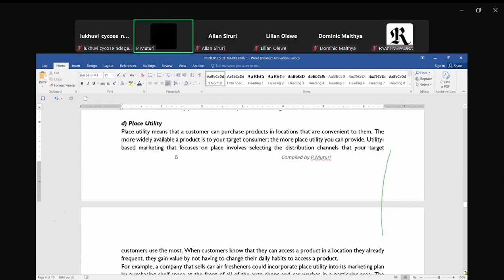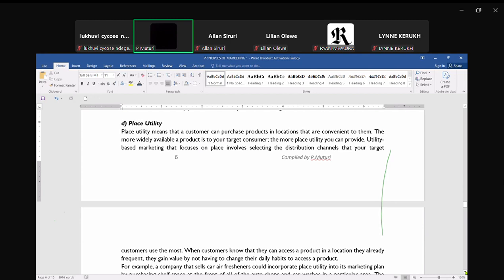So Coca-Cola and their products, and I keep using that example for especially basic products, making sure that the sodas are available anywhere, in the kiosks, in the supermarkets, in the hotels, with the hawkers, because at any time their customers would want to quench the thirst. So anywhere you look, there is a Coca-Cola, Fanta, whatever soda. If you're a fan of soda or water, something to quench thirst is available. Those who are in the eatery business, making sure that those eateries are also available conveniently to where people are.